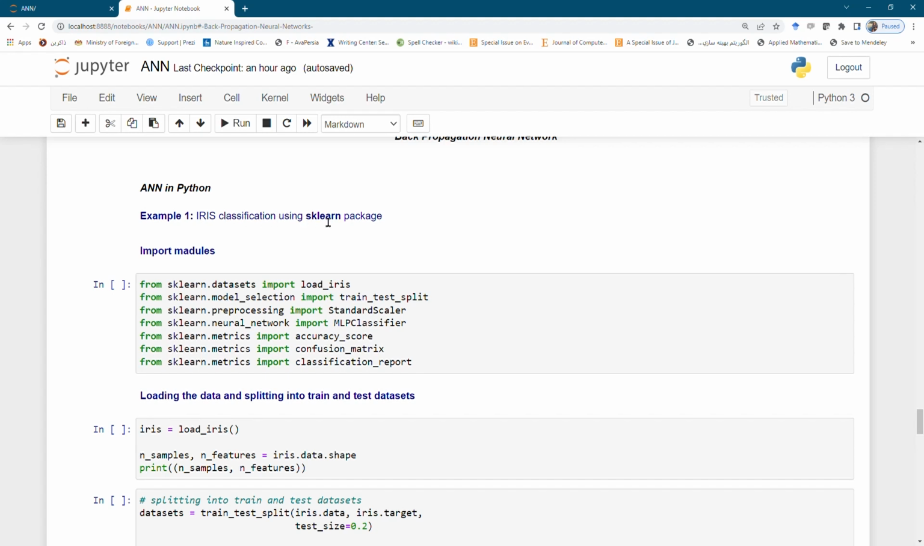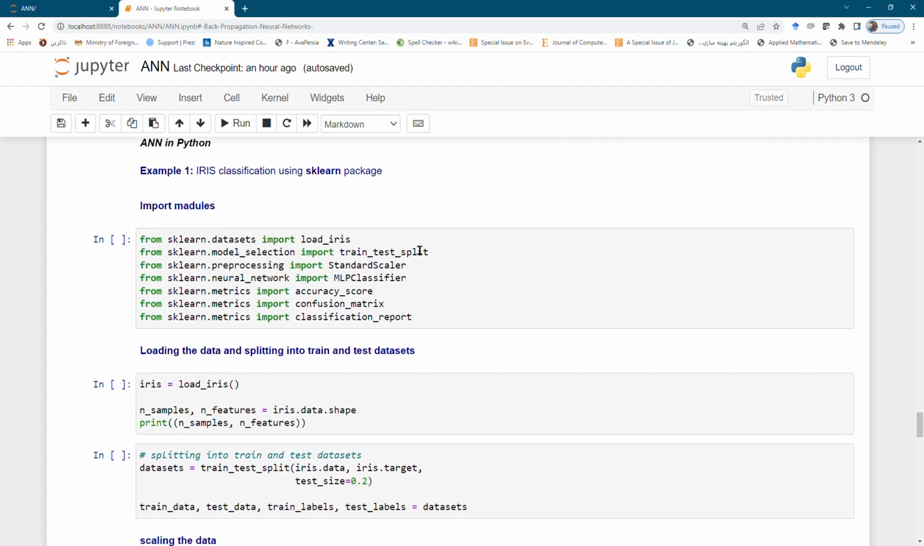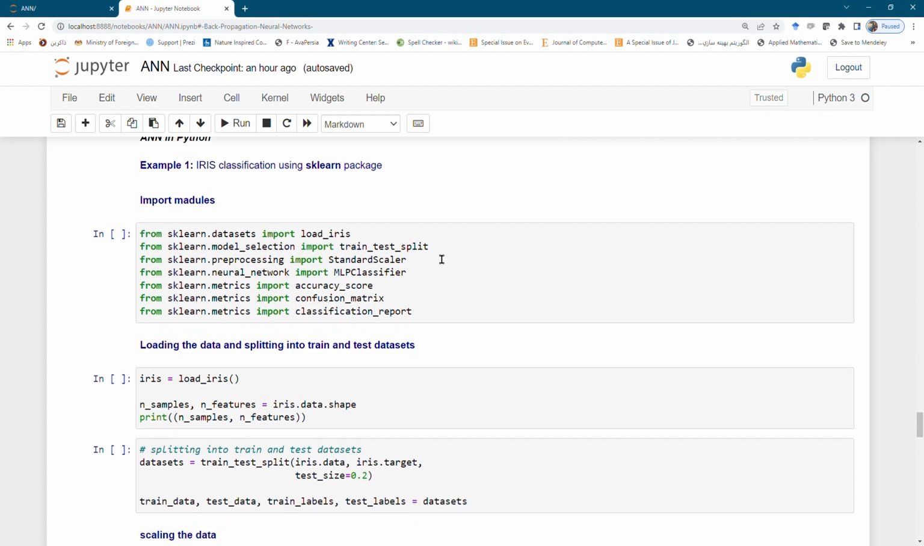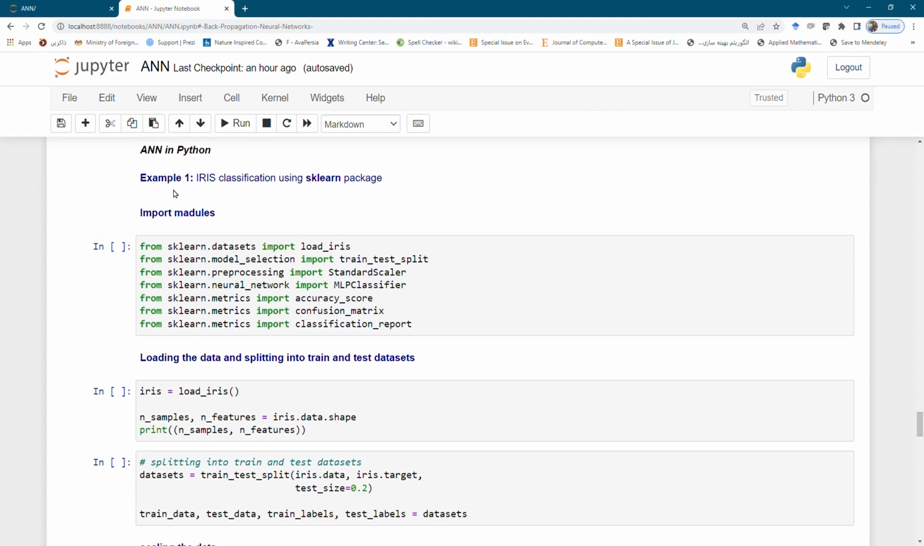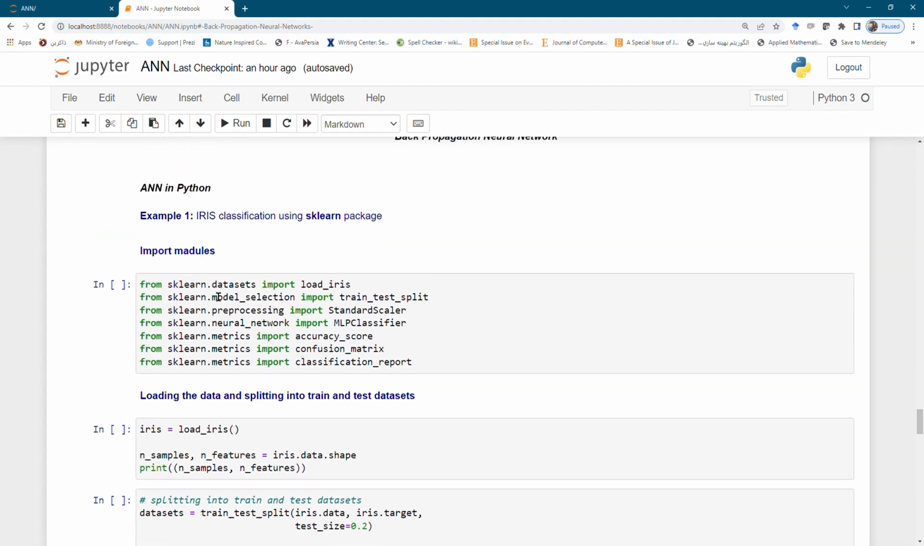Iris classification using the scikit-learn package. So we use the classifier provided by the scikit-learn module of Python. In this code, we will use the multi-layer perceptron classifier, MLPClassifier, contained in sklearn.neural_network. You see here, import module,